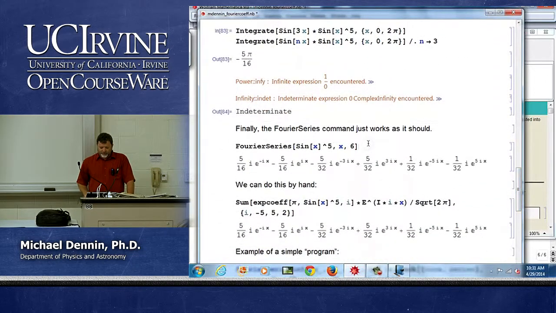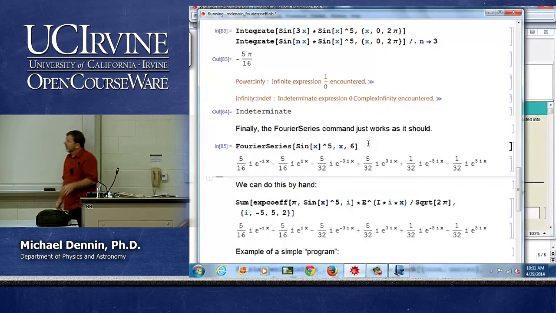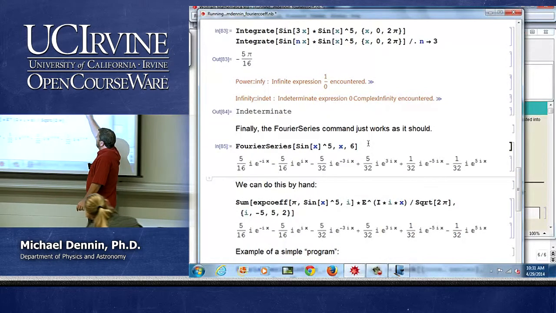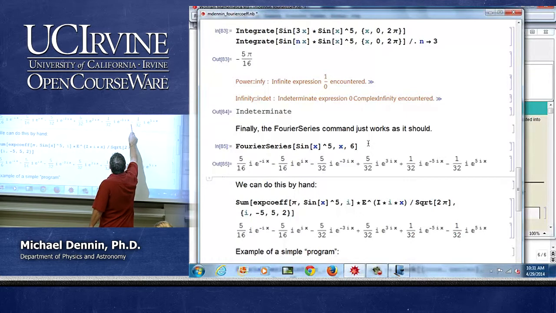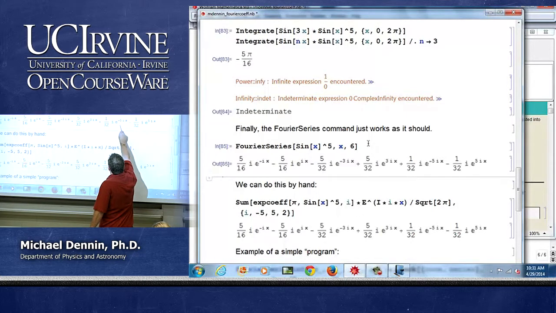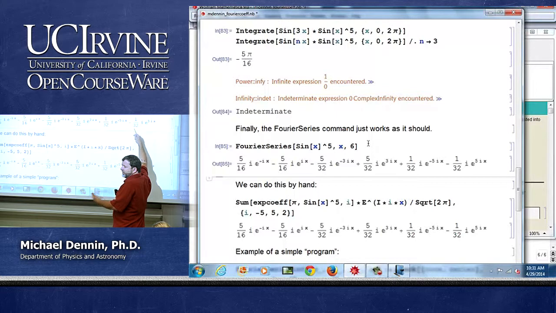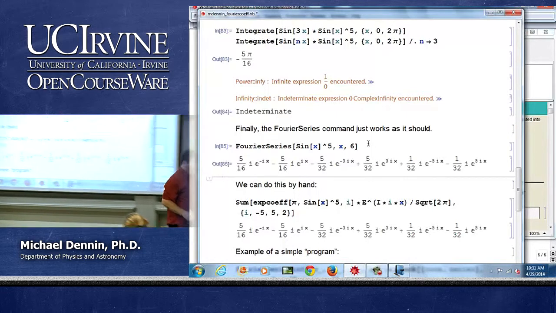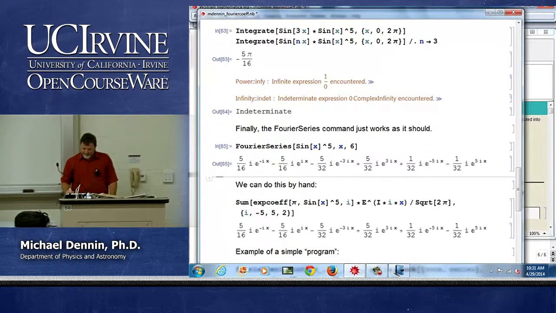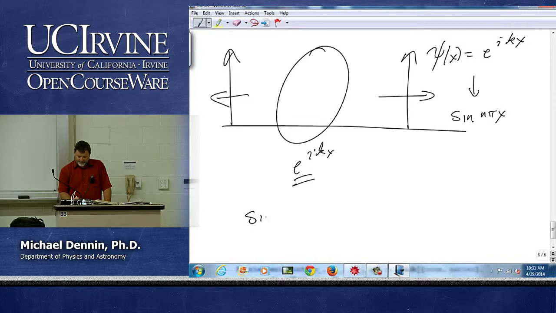Now, if I want to use the Mathematica Fourier series command, I see indeed I get, notice I'm getting a 5 and a minus 5 with an I and a negative sign between them. So what's that? If I have i's times e to the i's with a negative sign, is that a sine or a cosine? Sine x is e to the